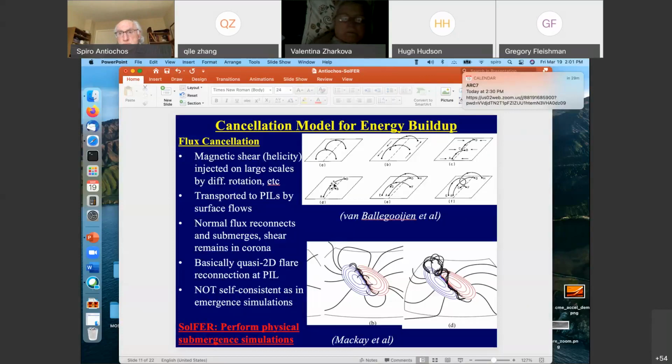Thank you, and thank you, Spiro, for a very clear talk, in which you frequently discussed helicity, which is really hard to observe, but you never mentioned the chromosphere. So my question is, is there any value added by physics in the chromosphere in the context of these global considerations for stability and eruption? Well, so for the cancellation model, that's the whole point, that the chromosphere is the transition